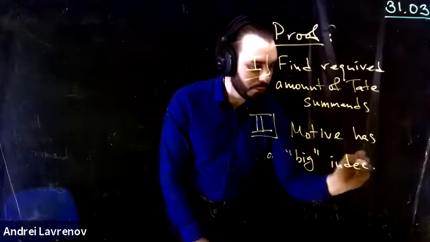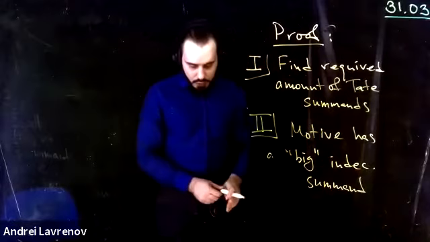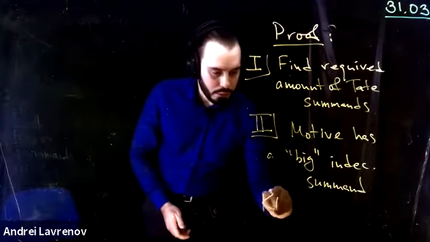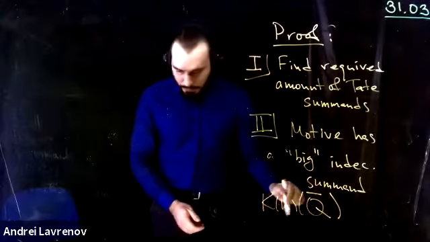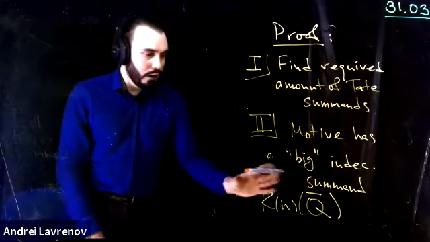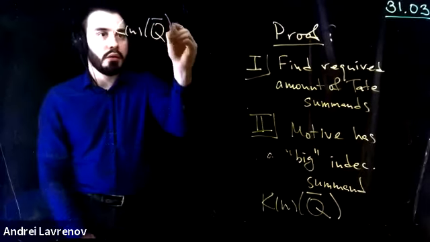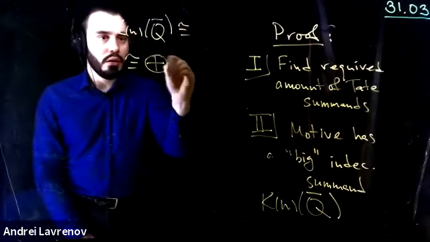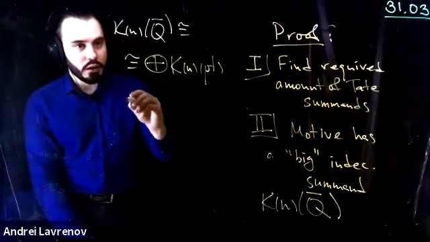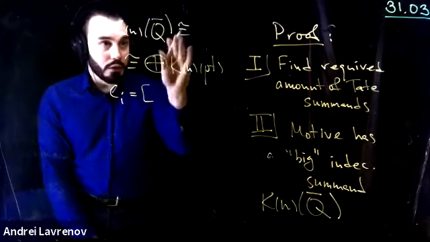A big indecomposable summand. And in fact, both parts just investigate some structures on the Morava ring of a split quadric. Well, it's well known that this is a free module over K_n of a point, and as a base we can take the L_i, which are classes of projective subspaces in this split quadric.